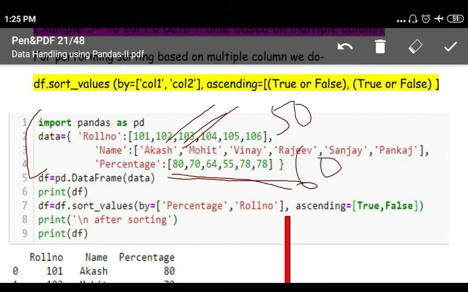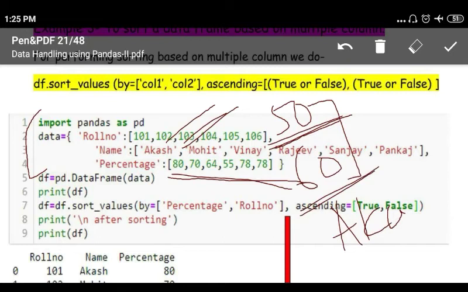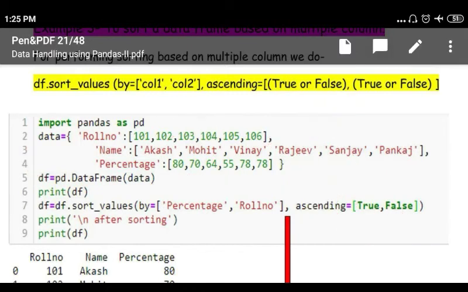So which one will come? Both the Akash will come in order, but which Akash will come first? If both have the same name, then we can go for another column. If we sort in ascending order, then Akash with marks 50 will come first, and if we sort in descending order, then Akash with marks 60 will come first. So let us see how to do this.